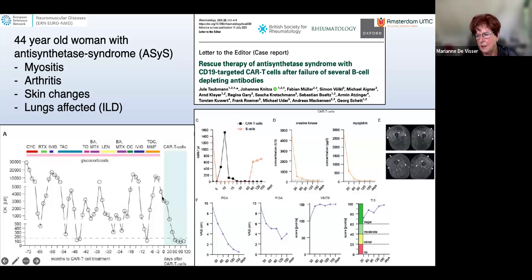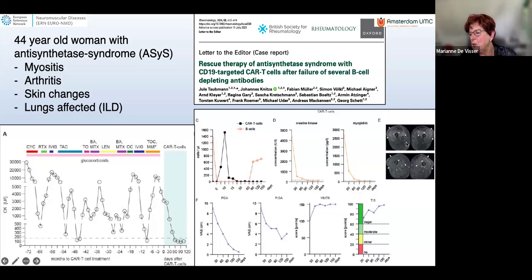And since then, during 4 to 5 months, there is a remission. You can also see that here on some of the graphs. The CK is down for a long time. The physician global activity has improved. The same holds true for the patient global activity. Muscle strength has improved, and the treatment improvement score is even above the major score.